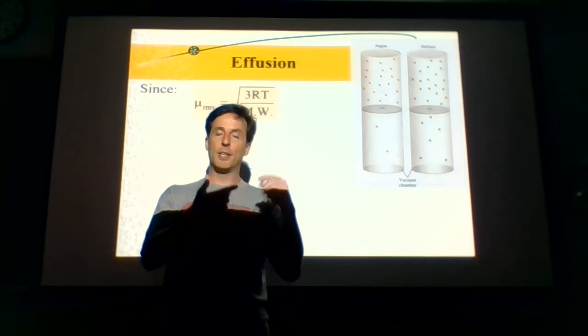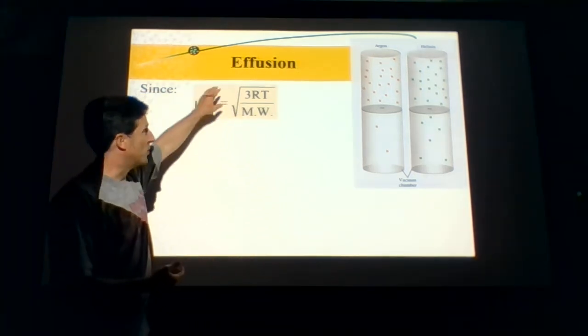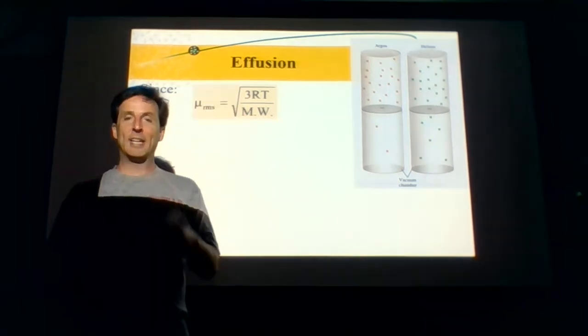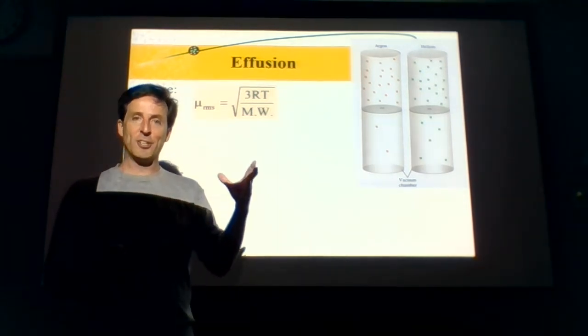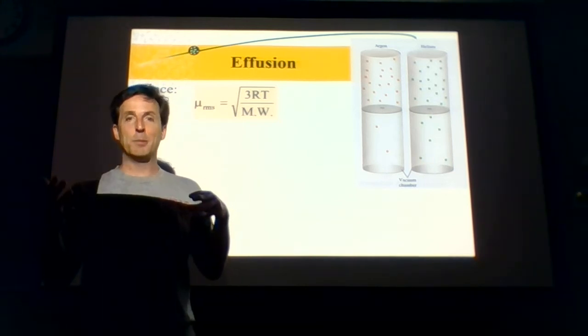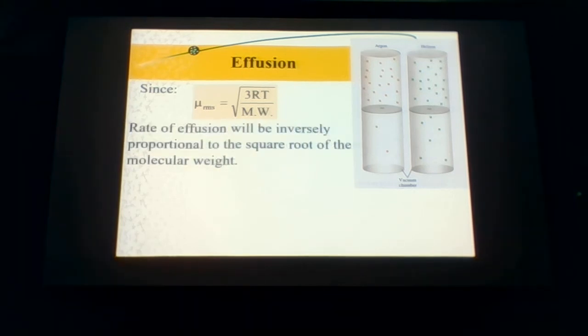Small molecules are going to escape faster than big molecules. If you take the root mean squared equation for the 2 different gases that we're comparing, say like helium and oxygen, I know that helium's going to effuse faster, or escape through the holes faster, but if I want to know how much faster it's going to be, I'm going to plug both of them into these equations, and I can rearrange